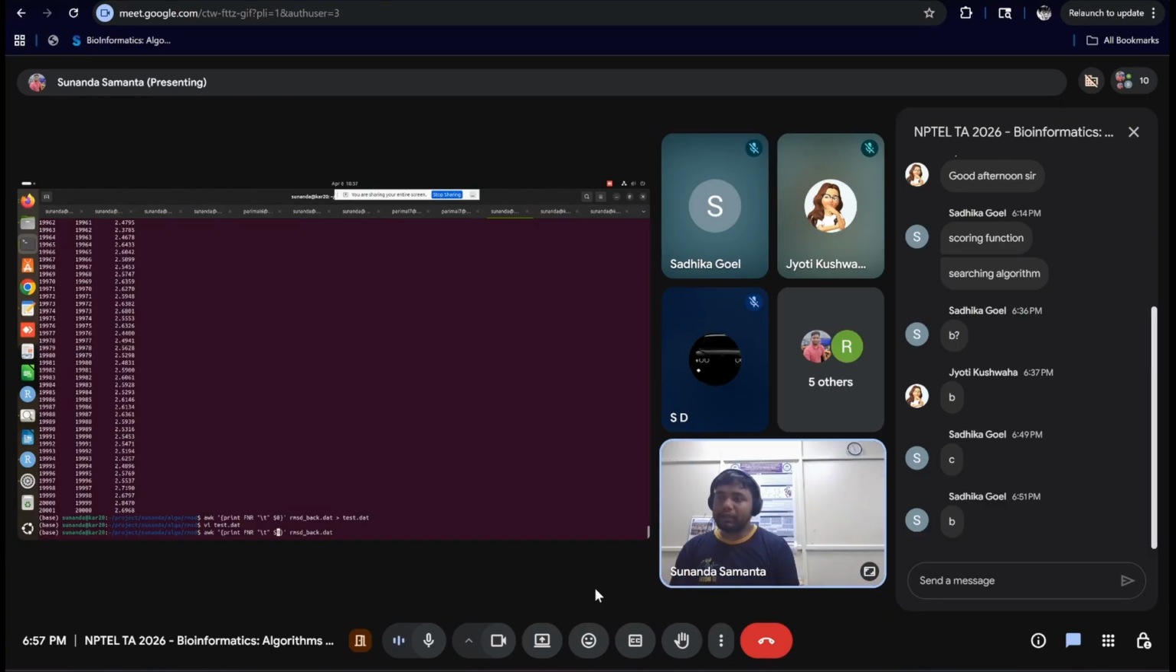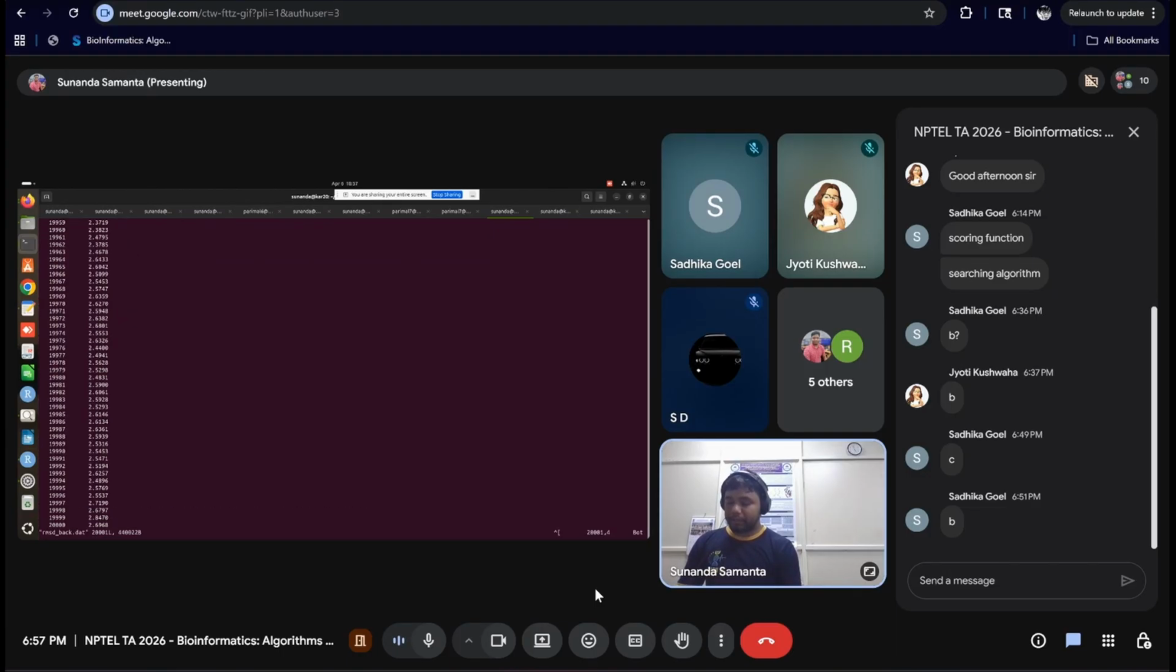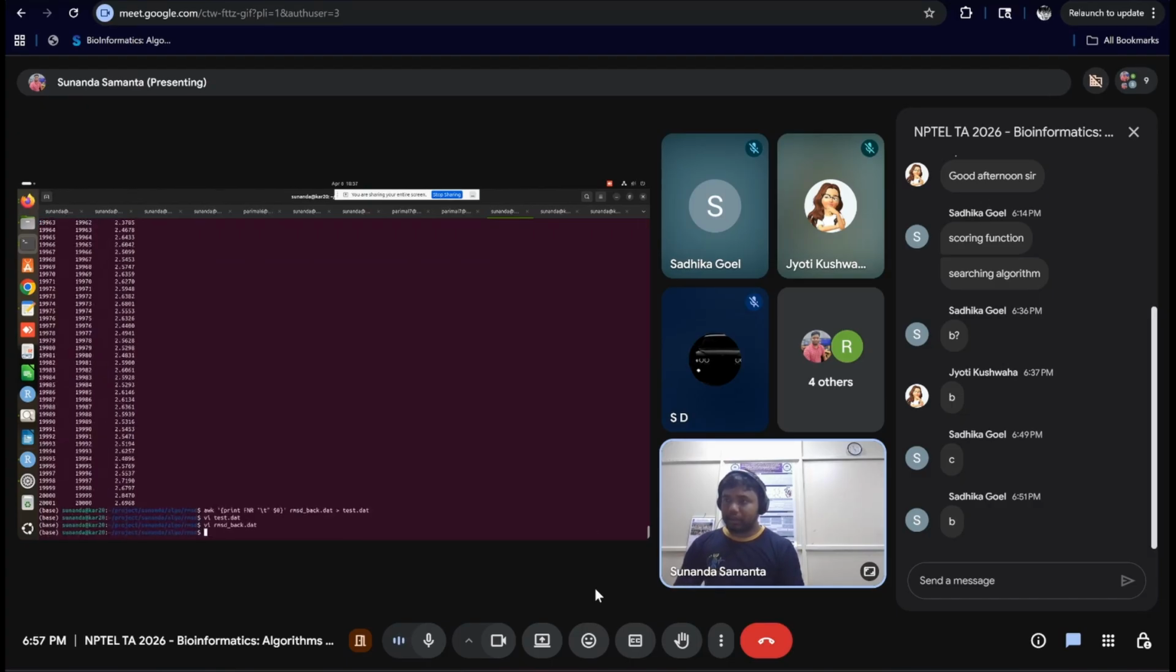So what does $0 mean in this case? Because in your data file, which is in this case rmst.dat, there are two columns to remember. On the left hand side, the frame; on the right hand side, the RMSD values. So what does the $0 mean here? For example, if you do $1, if we just do this command,